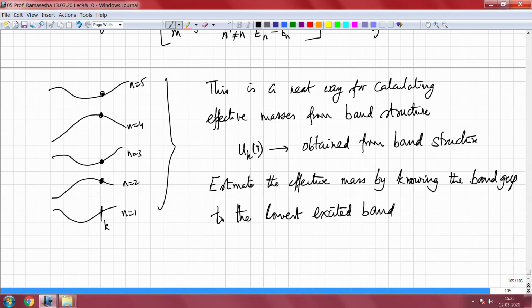What we mean by that is, if I know the energy gap here, which is delta or Eg, then I should be able to calculate the effective mass as